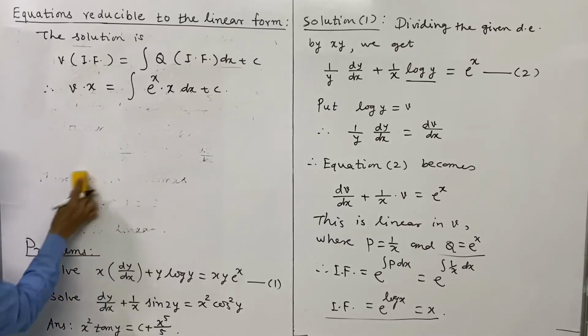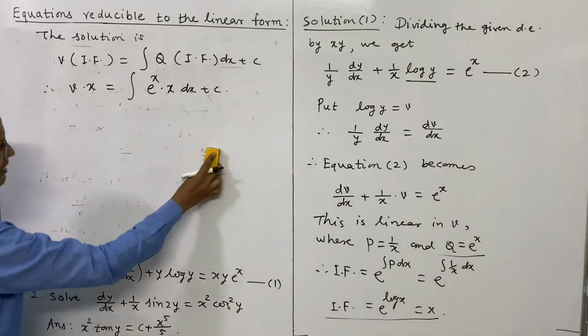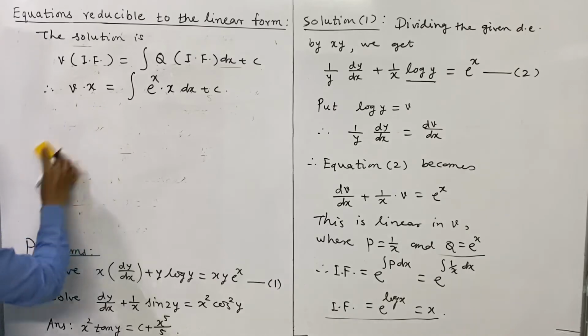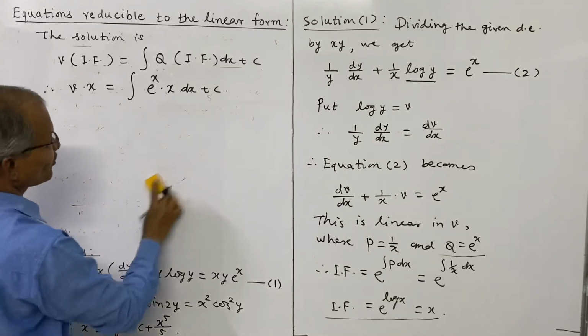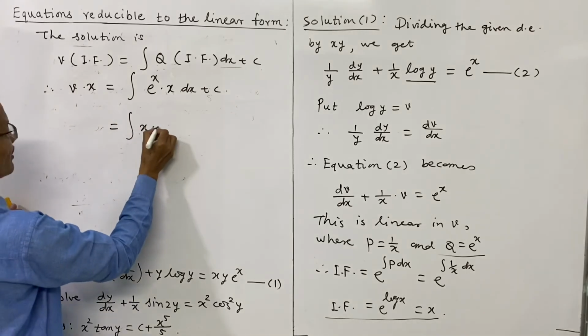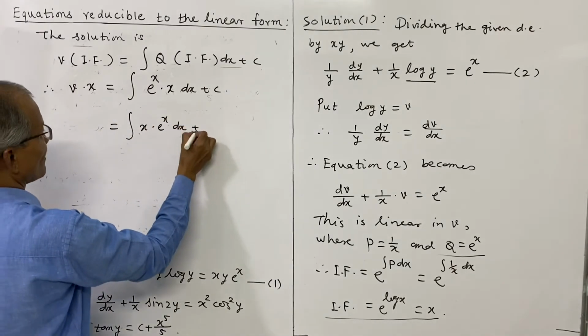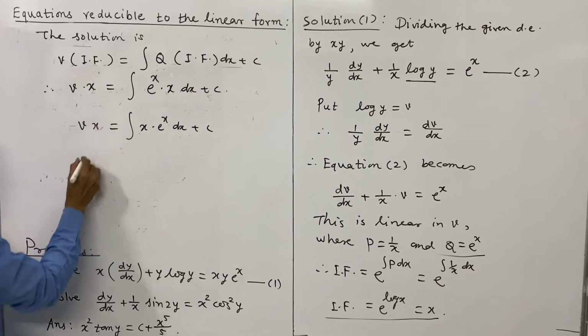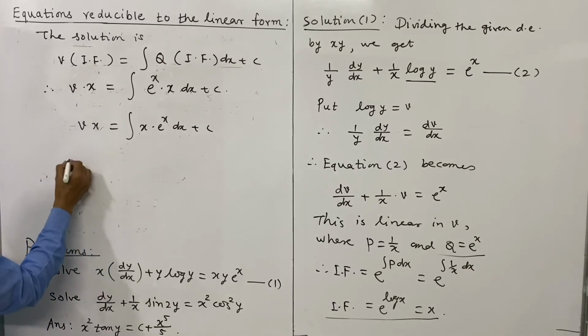And to evaluate this integral, it is a product, and therefore we should use the product rule, that means the rule of integration by parts. And to use the rule of integration by parts, exponential should be the second function. So in changing the order, we can write this as, and integrating by parts, we get